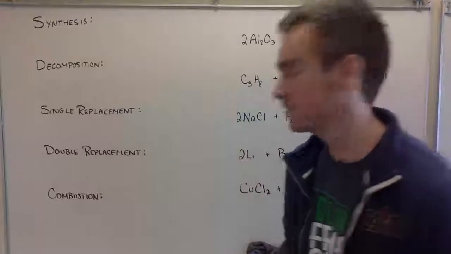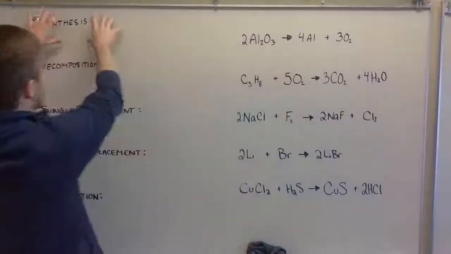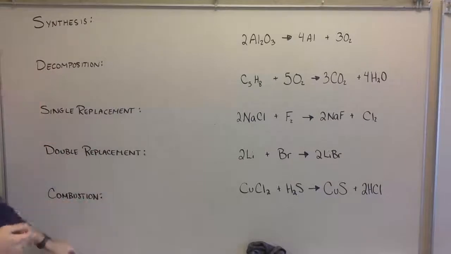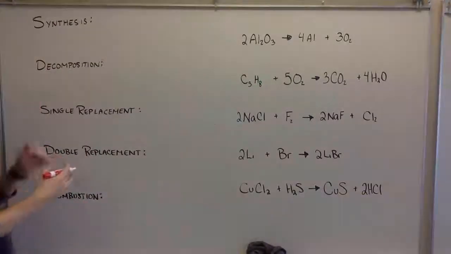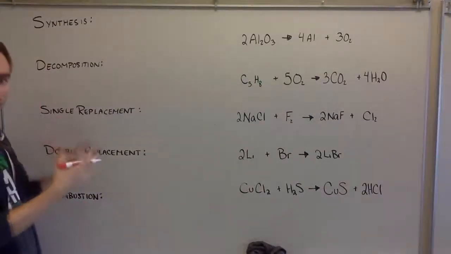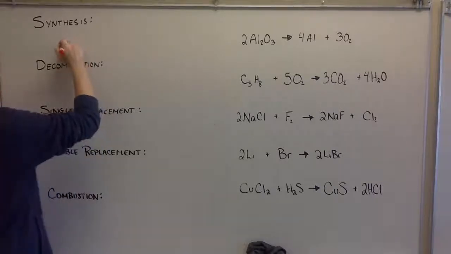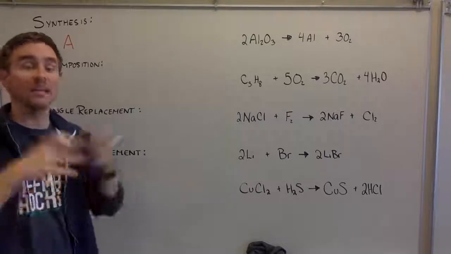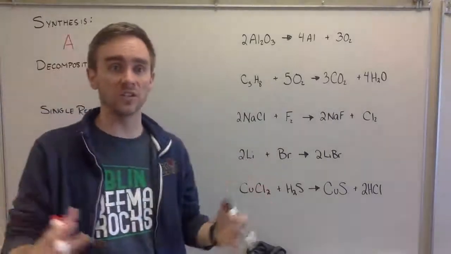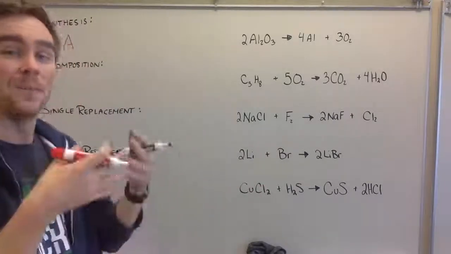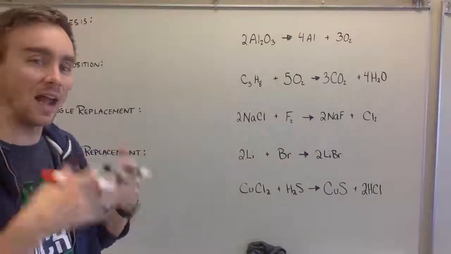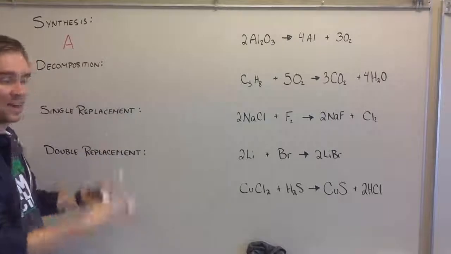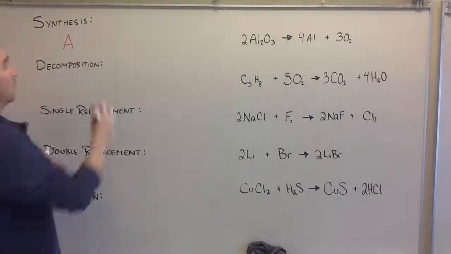All right, let's go do this. The first one is a synthesis reaction, where we're going to create something. The way that we notate this kind of equation to represent and identify it is we have element A. Now that element A could be any element, but notice it is by itself. It is not bonded. It is not ionically or covalently bonded. It's all by itself. It could be a zinc. It could be an iron. It could be an oxygen. It's an element by itself